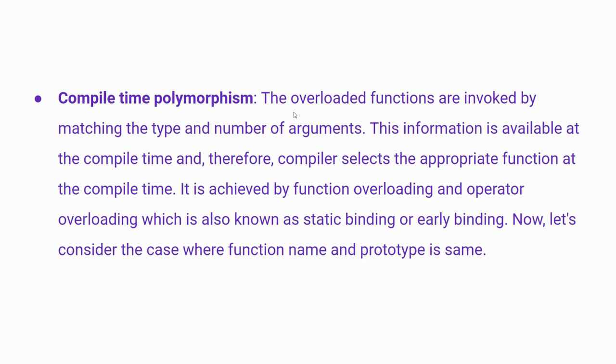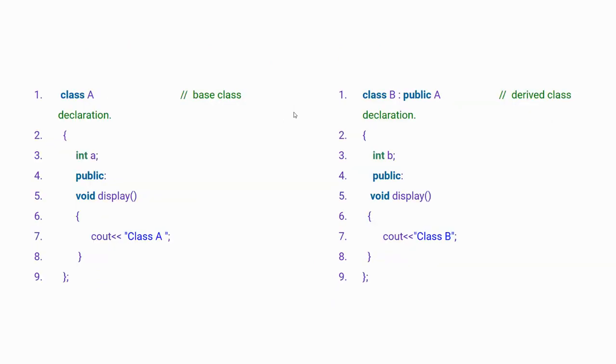Now let's consider the case where the function name and prototype are the same. You create a class named A, with the data member int a as private, and in public you give the void display function. In that you are printing class A, and again you create a class B, with a colon and public A. Then you write int b as private and void display as public, and in void display we are printing